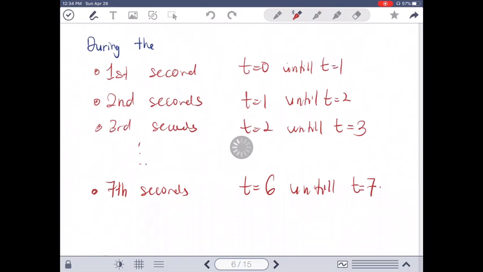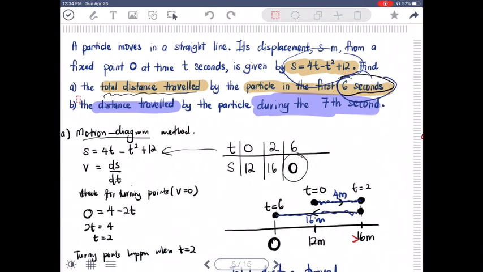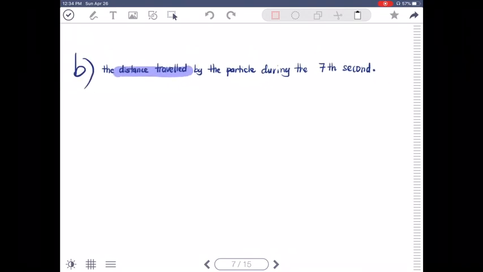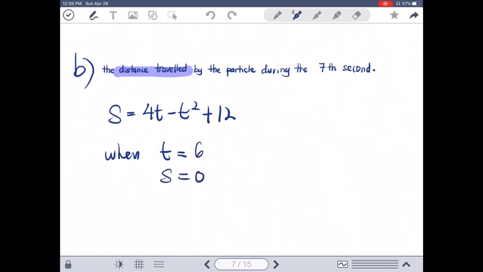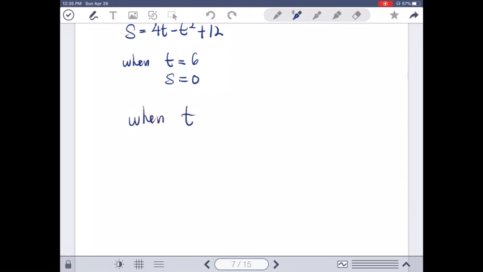So back to our question B. The distance traveled by the particle during the 7 seconds. We know that given our S is equals to 4t minus t squared plus 12. Okay, when t equals to 6, S equals to 0. So now we find for when t equals to 7, S is equals to 4 times 7 minus 7 squared plus 12, we will get negative 9 meter,